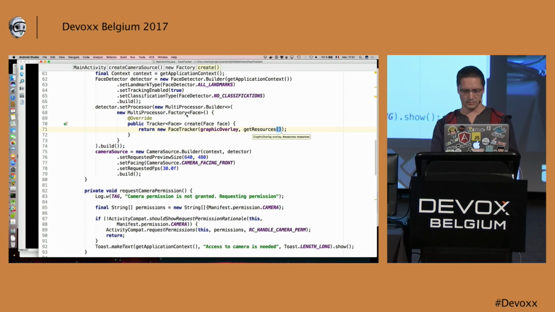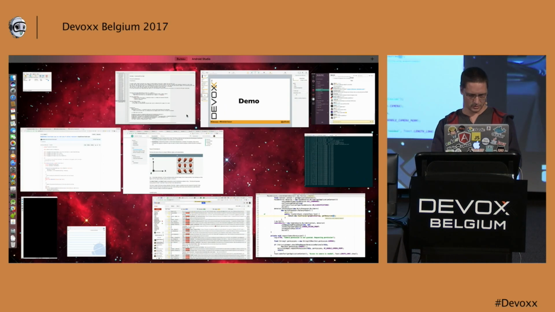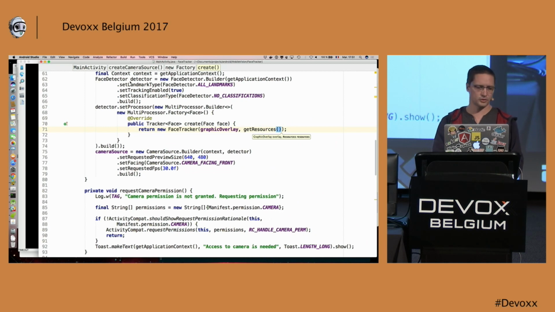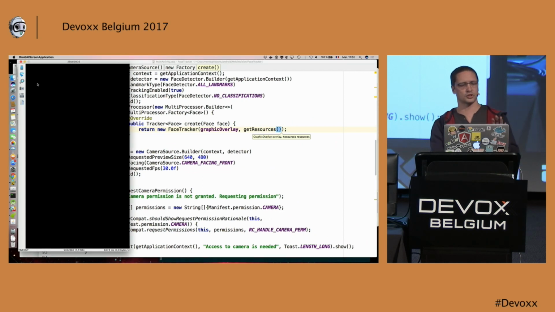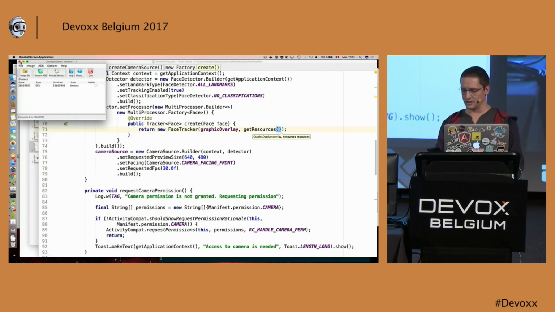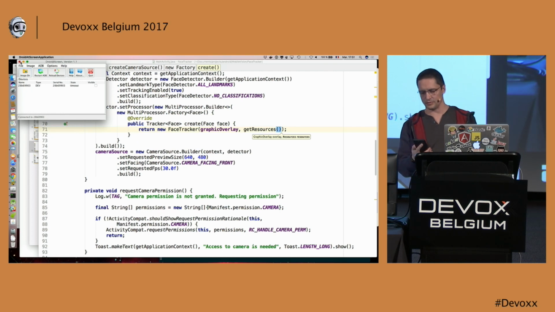Maybe I can try. No, even this one. So, no, don't. Okay, so it won't come back. So I'll just show you the other application that I had. Come on. Even the Android debugger is down. So try something. I've got 3 minutes left. Just try to restart my phone.